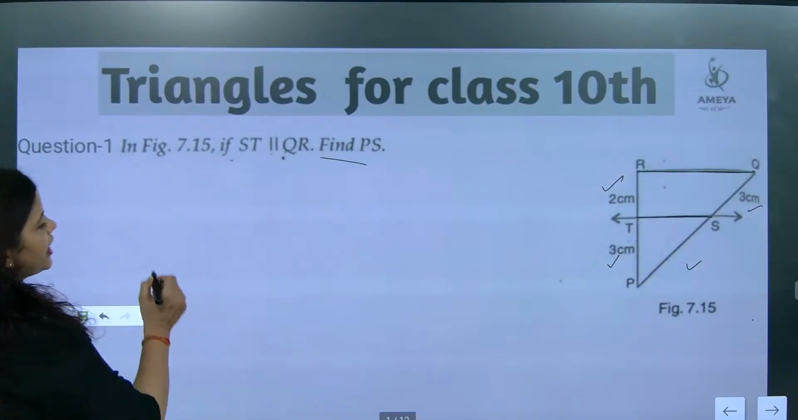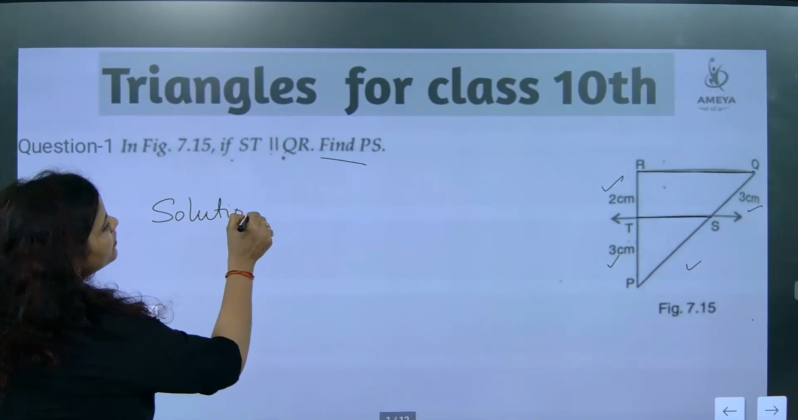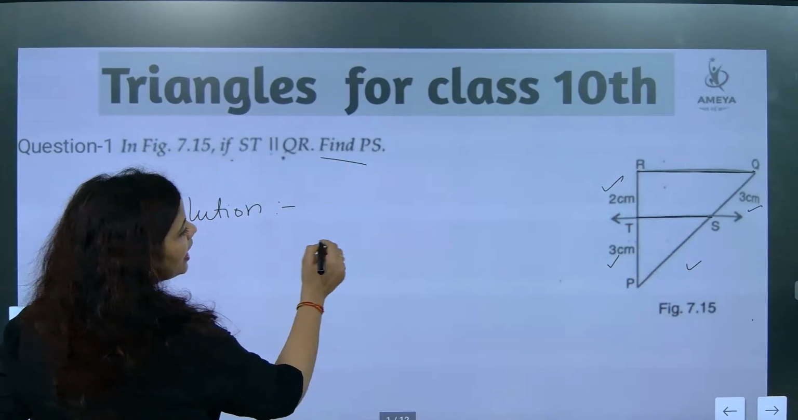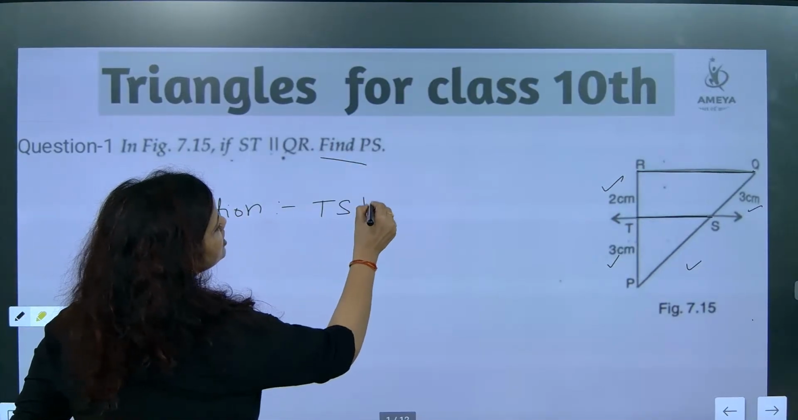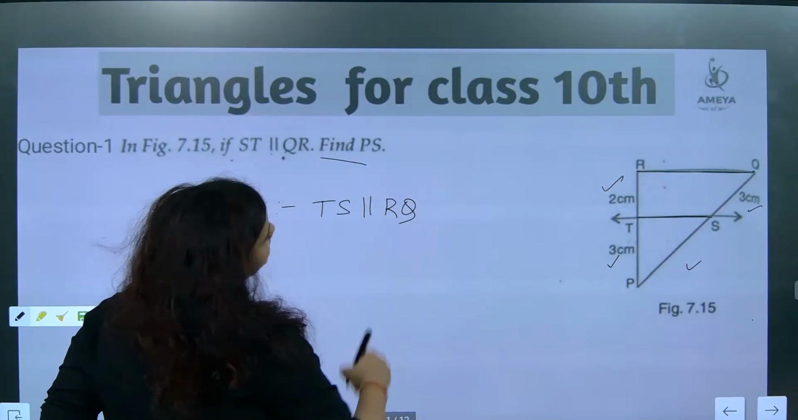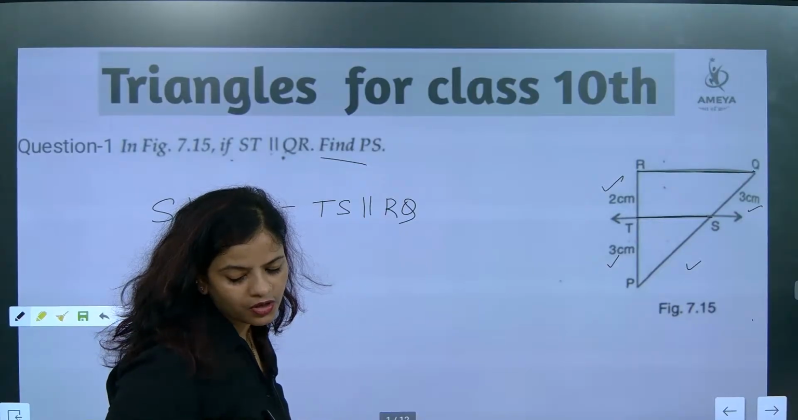Now we'll start this part, but first we will write, since in the solution section, what are you going to write, beta? What is our triangle? The inverted triangle is there. What have they given? They have given that TS is parallel to RQ. So if TS is parallel to RQ,